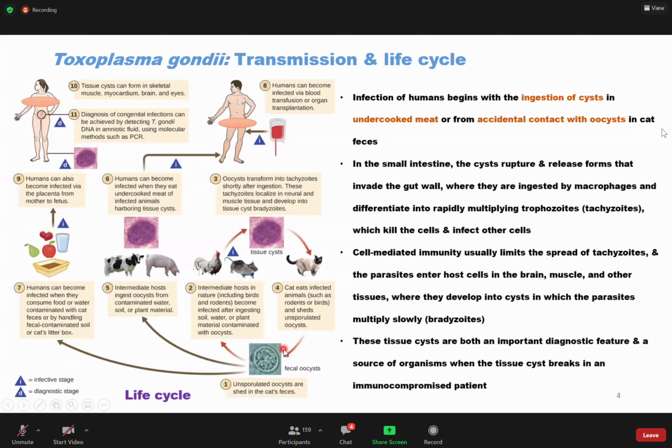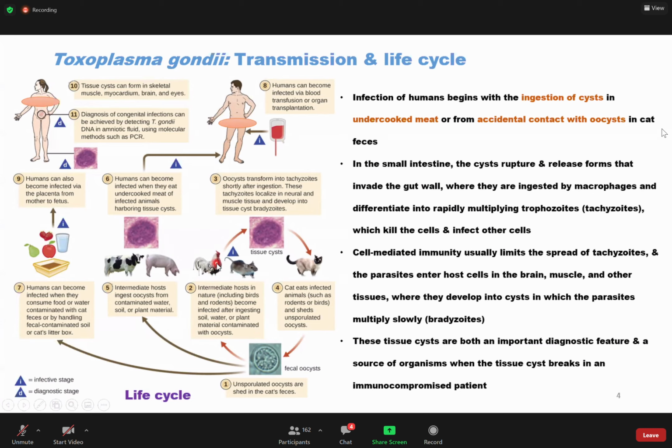But unfortunately, humans can get exposed to this parasite and then we become the accidental host, because unless the cat feeds on a human dead body, the life cycle stops there in humans. Is that clear? So what happens? How do we get exposed? When we have the infective form in the environment and the intermediate host, in this case it's poultry, unless we feed on rats. Rats are not so important in the human transmission.